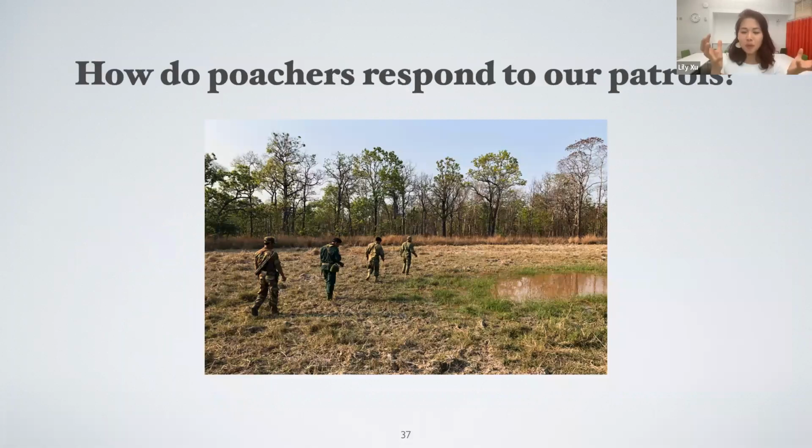And then all of the work that I've described so far has focused on a somewhat static setting in which we're trying to estimate the general risk of poaching at each area in the park. But a natural question to ask is that if we start patrolling one area really effectively and removing a lot of snares, the savvy poacher probably won't go back to the area. So they'll probably move somewhere else. So this question of how do poachers respond to our patrols has been a long-standing question